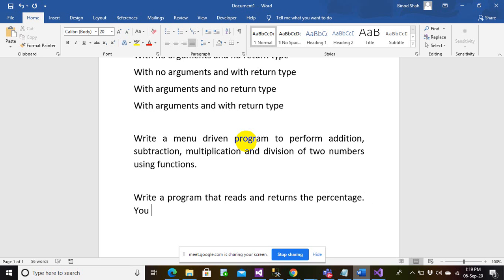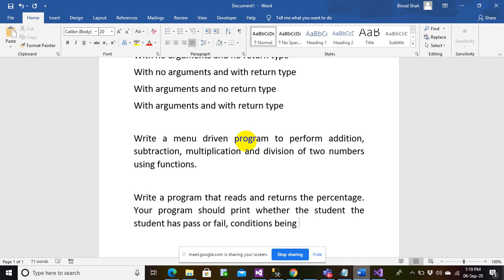Your program should print whether the student has passed, like pass or fail. The condition being, the student passes if the percentage is greater or equal to 50.